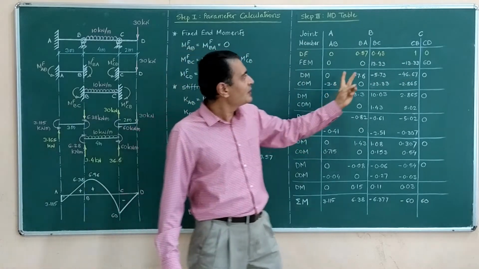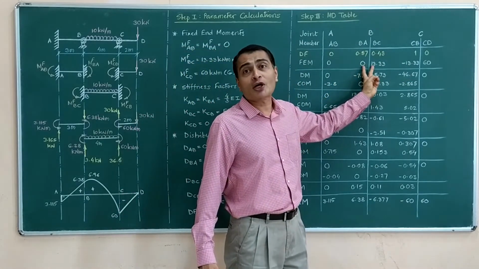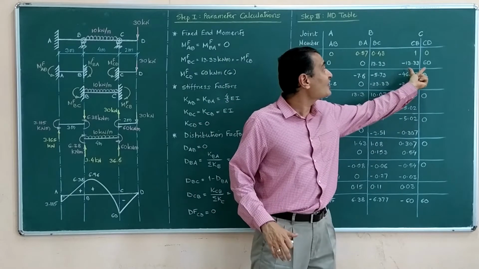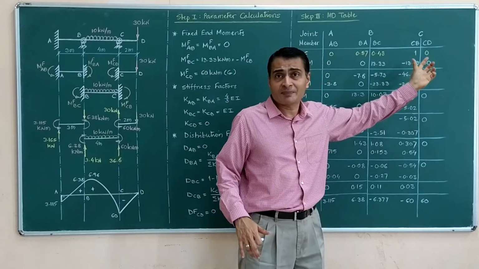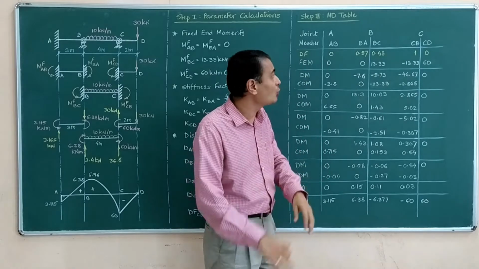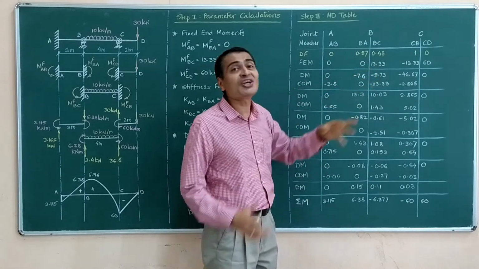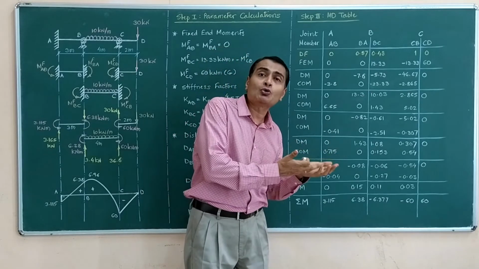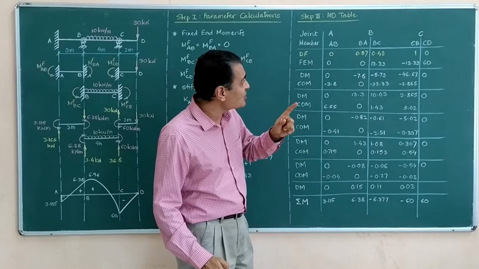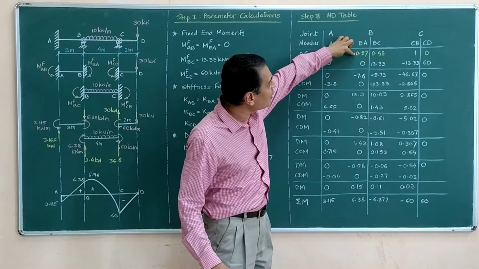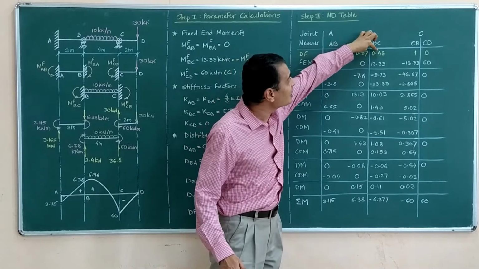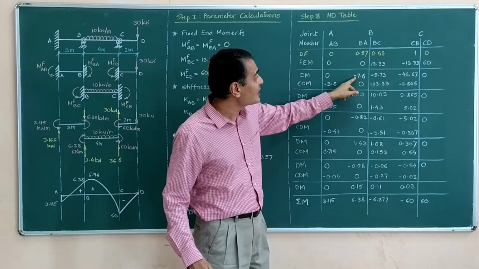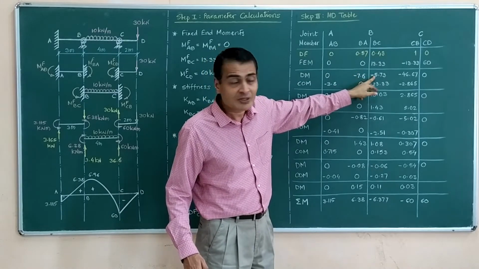Now what do I see? This is not looking like a balanced joint because we should have plus x, minus x, equal and opposite, give and take. Neither is this looking like any balanced joint. So we have to balance those joints. So what am I doing? Here I am finding that there is a difference of 13.33. So I apply negative 13.33, which gets distributed as negative 13.33 into 0.57 and negative 13.33 into 0.43, 57%, 43%. That's why these figures are negative.